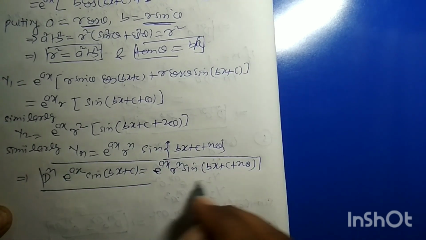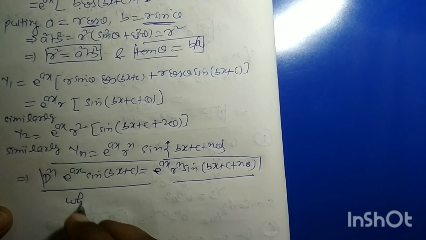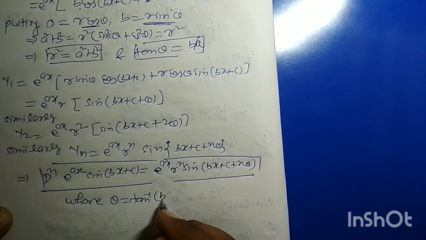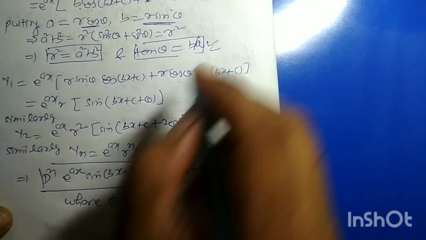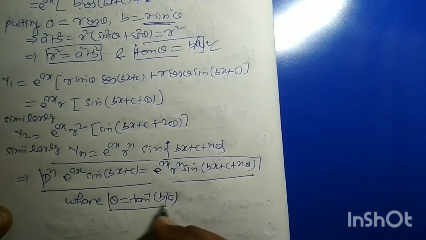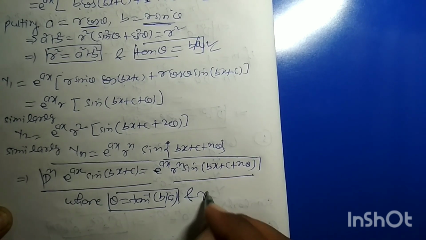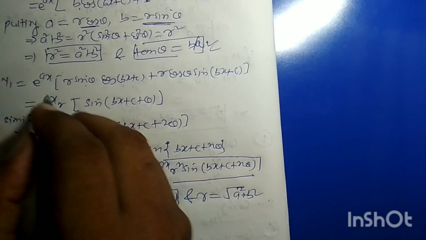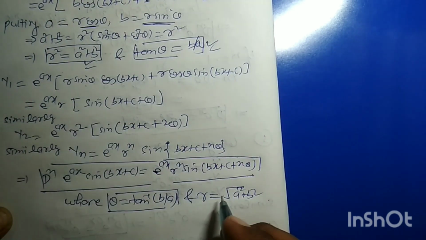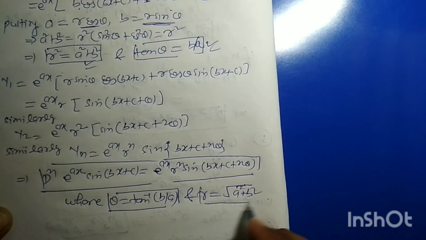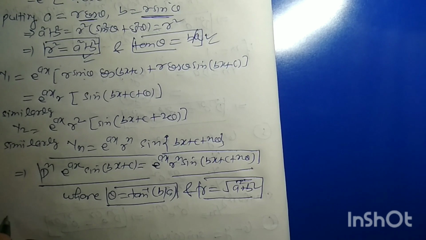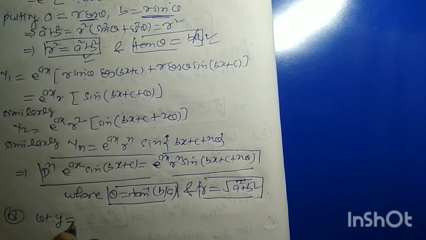where theta is equal to tan inverse of b upon a, and r equal to root of a square plus b square. From here r square equals a square plus b square, so r equals root of a square plus b square. Now the last identity here, eighth: if the function is, let y equal to